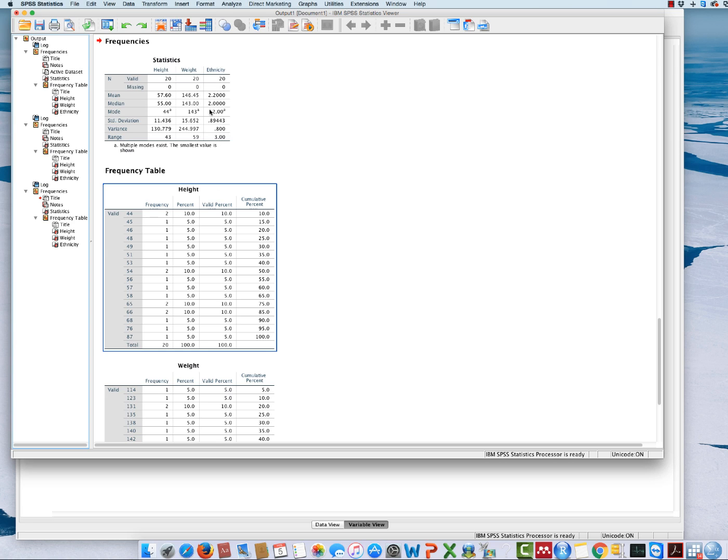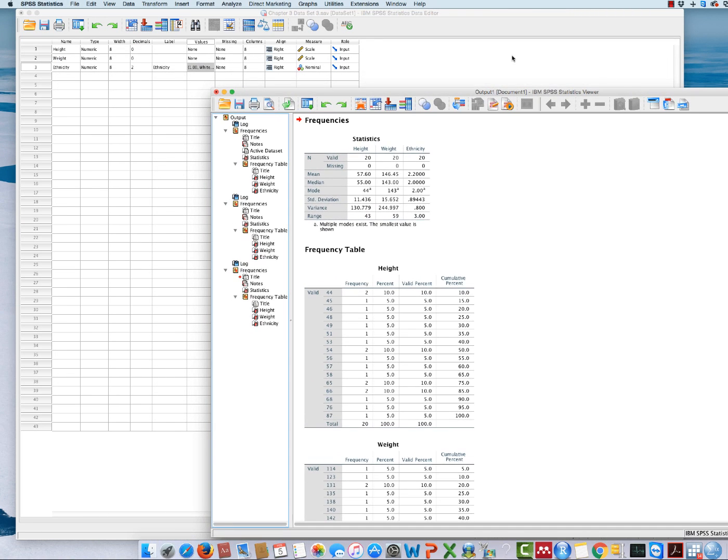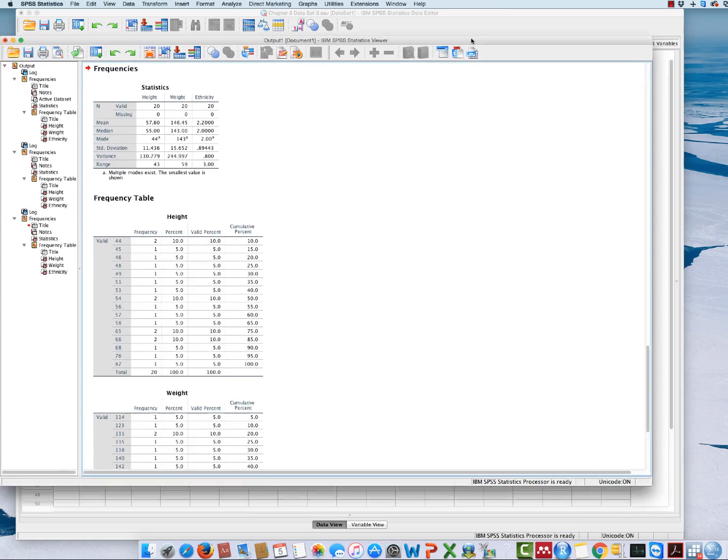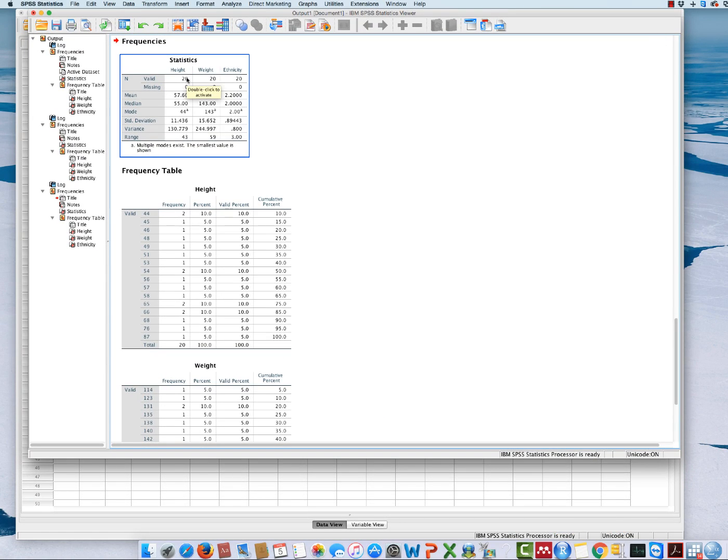So for height here, it tells you that your N is 20, and remember N is your total number of observations or participants. And if you remember in your data set here, in your data view, you had 20 different observations. So correctly here, SPSS tells you that you had 20 people that participated and you had no missing values. Your mean, which is your average value, is 57.6 for your height, 146.45 for your weight, and for ethnicity